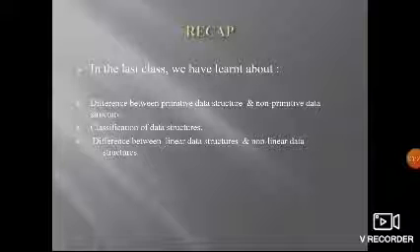For example, if you have some data which has a player's name, and you want to store it, what should be there? The name will be there and the age should be there. If you want to keep more fields you can. I'm taking only two fields, the name and the age. In the name we are taking Virat and the age is 26. So what is the data type for the name? That is a string data type. Virat is a string data type. And age 26 is an integer data type.